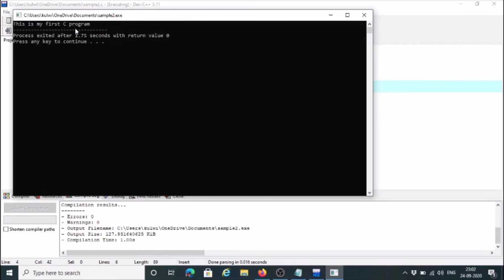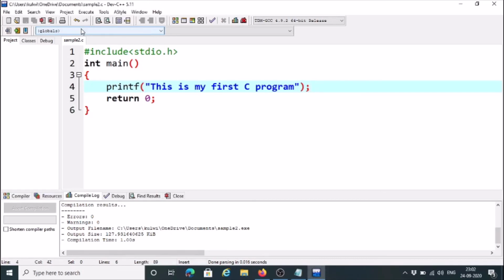This is my first C program. And once you note the output, click any key, the console window will disappear, and our running of program is complete.